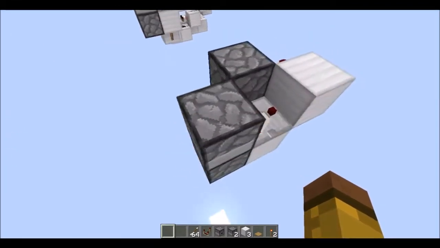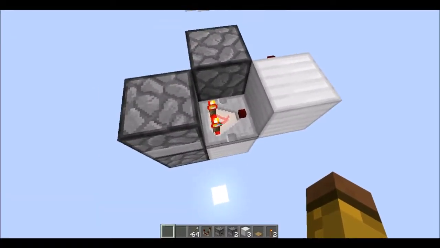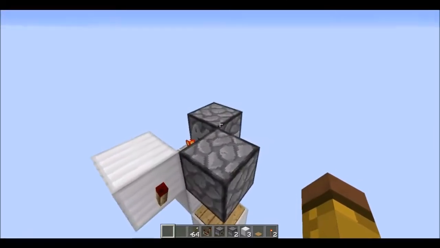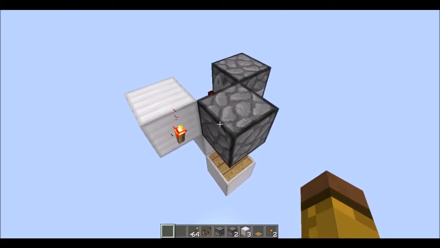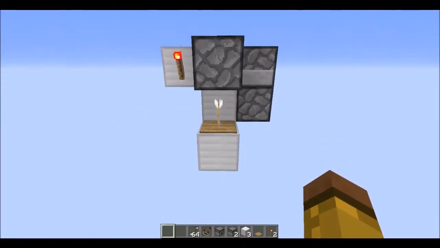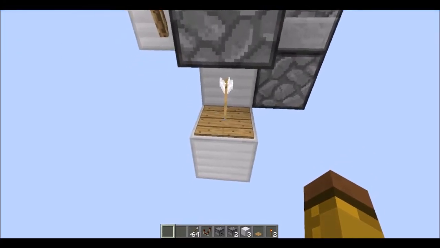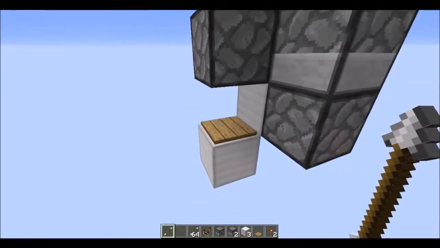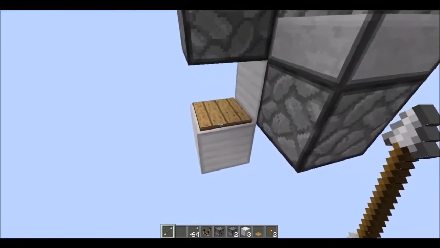Well, first, as you can see, when this dropper contains an item, this comparator will read a signal and send it to this block, which will unpower this redstone torch. When I remove the item, the redstone torch turns back on and activates this dispenser, which shoots an arrow into the wooden pressure plate. The reason it needs to be a wooden pressure plate is because it will interact with arrows that are shot into it. So when there's an arrow stuck in the pressure plate,